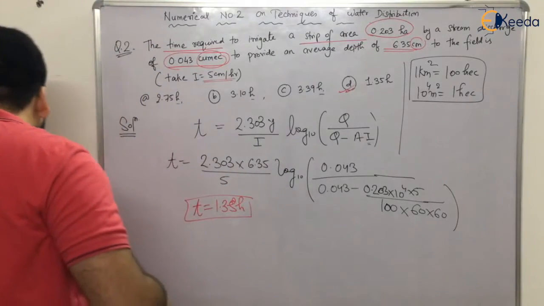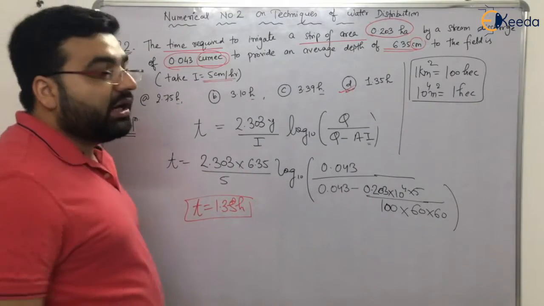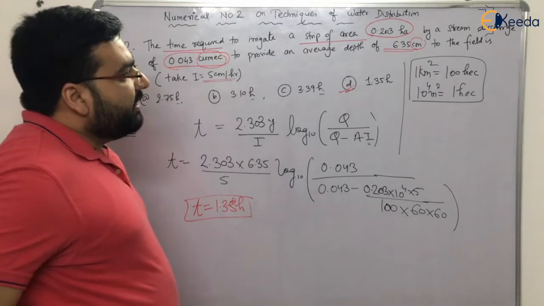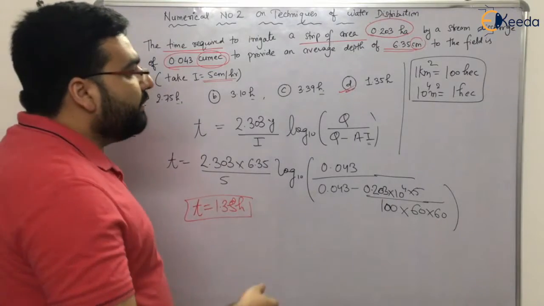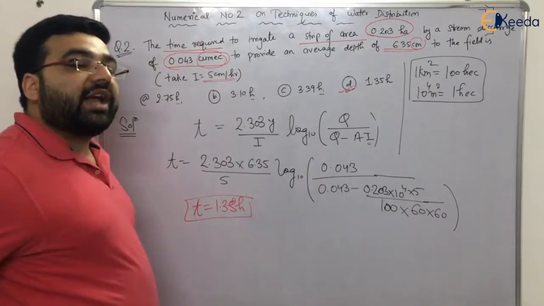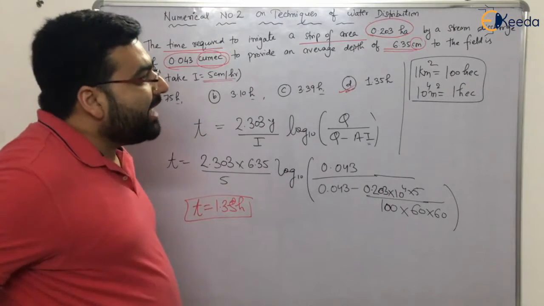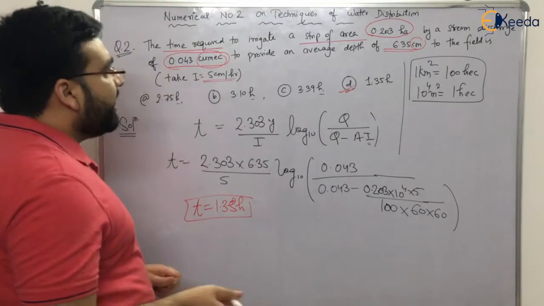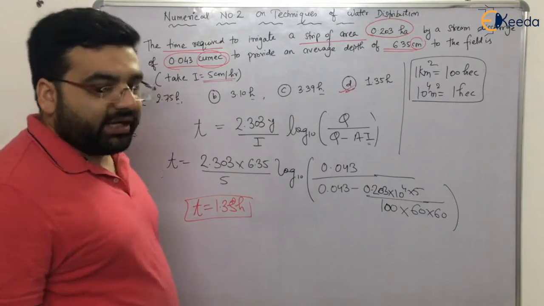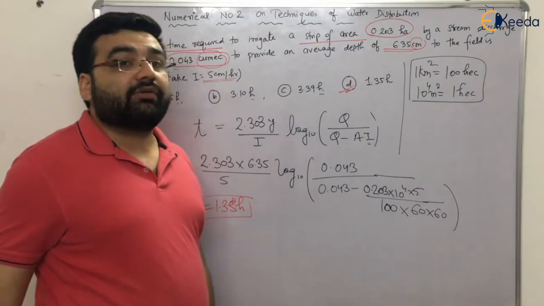But in GATE examination, you will not be provided with a scientific calculator. You will be given a scribble pad for rough work and an on-screen calculator. So to make you handy with the on-screen calculator, what I can suggest is that whenever I am solving any numerical, you don't have to use this type of calculator, right?